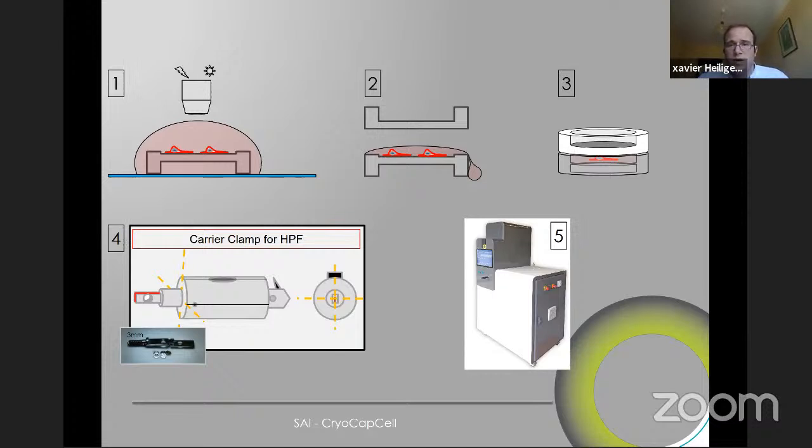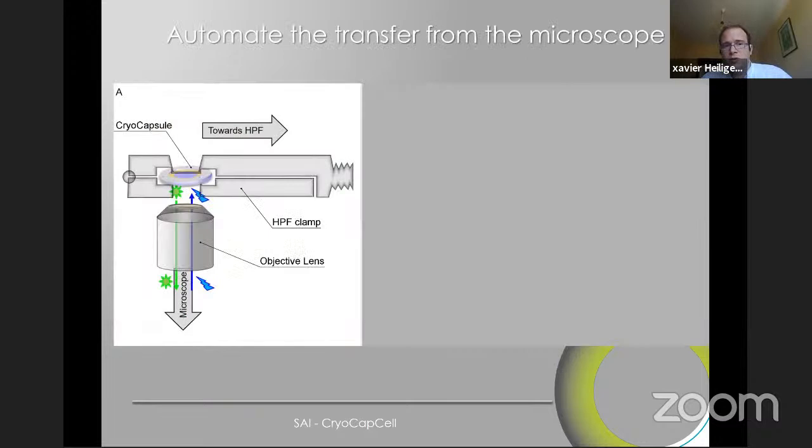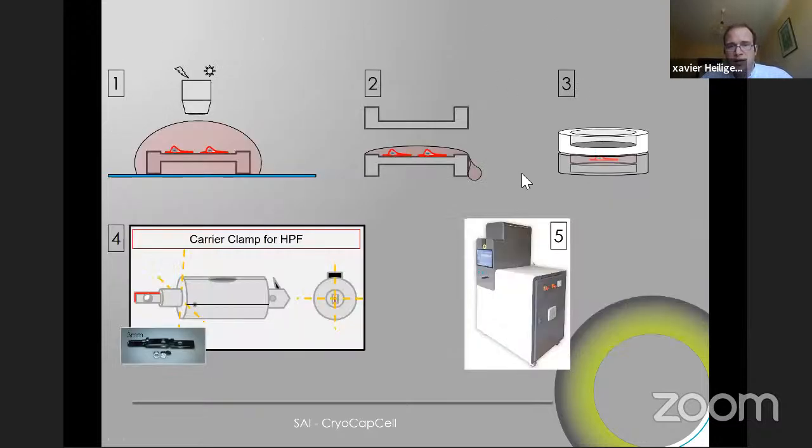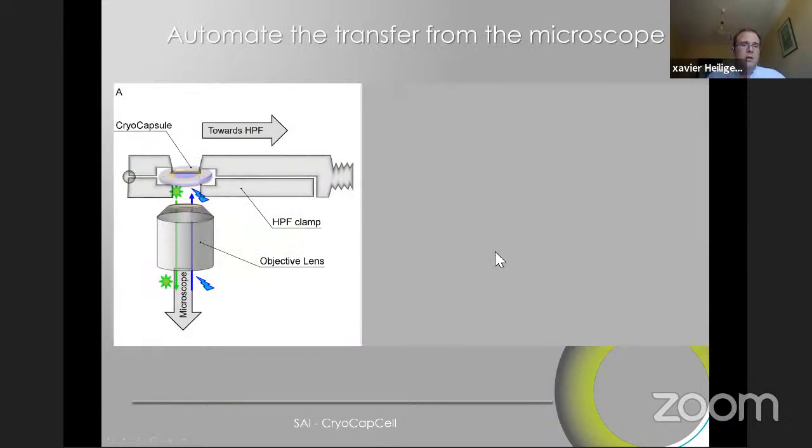So what we wanted was to be able to do live cell imaging and vitrify the sample as quickly as possible. So what we thought was, okay, to do all this small assembly you see here inside the handle of the HPM just before HPF. But then the manual transfer takes some time and is quite variable from one user to the other. So it's not really optimal. So what we wanted was to have the sample loaded at the end on an automated arm, just standing right above the microscope lens. So here, this is the microscope lens, and here, this is the cryo capsule that Pablo introduced to me before.